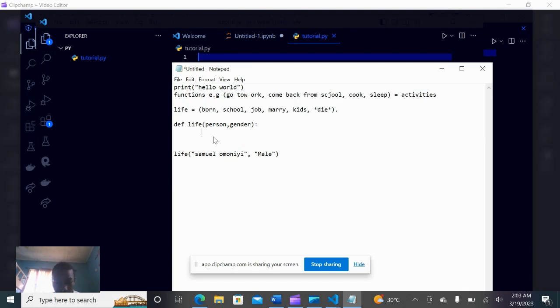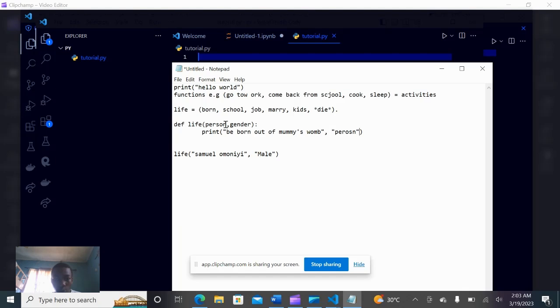Let's press a tab and say print what? It should print "Born out of woman's womb". And let's say I close the quote and say comma. Comma is to separate, like concatenation. I can say plus to concatenate it. This will comma and say "be born out of mother's womb", and I can say